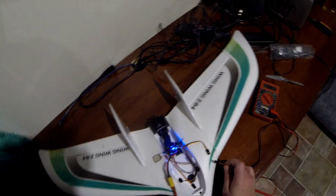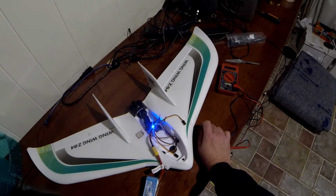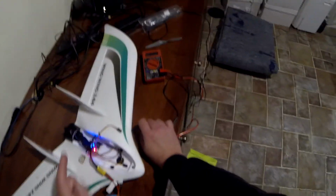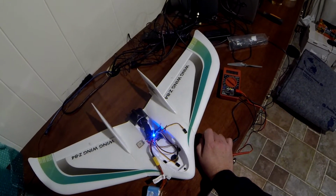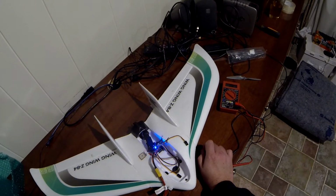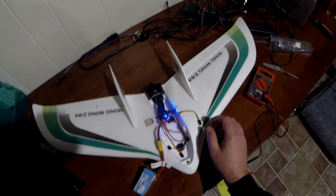I've read a little bit about it. This is the thing that I don't like about this whole setup. There is very little documentation on how to set this up. There's some on setting this up with an F4 board, but not the F3 Pro. So I need to figure out how to get power to my two wing servos. There's a few posts out there that will tell you how to do it, and there's something about a diode on the bottom of this board that you can remove, but I'm not sure if I need to